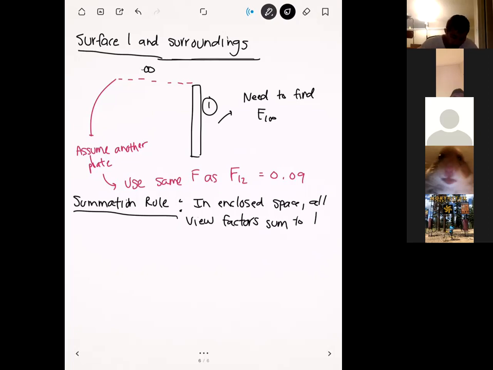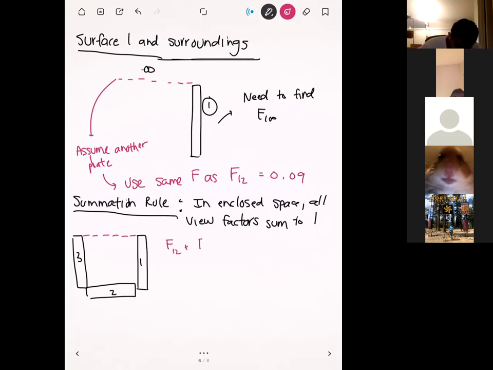And so that's exactly what we have here because we have surface 1, surface 2, surface 3, okay? And if we draw just a dotted line for these surroundings, just assuming that this is all an enclosure, then we have an enclosed space, right? And so what this basically tells you is that